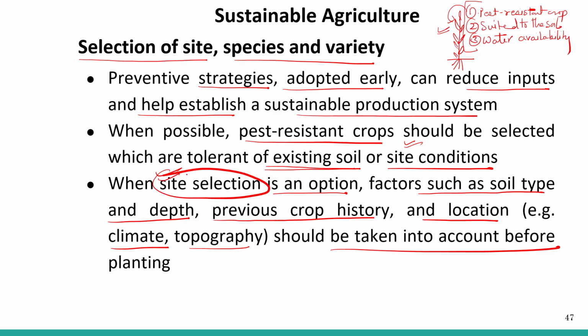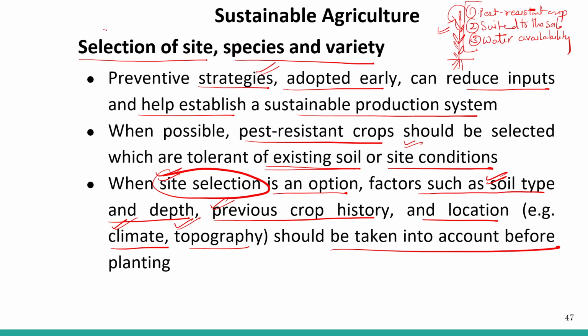Suppose we are going to select a site, then we know what type of crop we are going to grow, and according to that crop, we must know the previous crop history at that particular place, right? What is the soil type? We can test. What is the climatic condition and the topography? We can know. And according to that, we can plan our